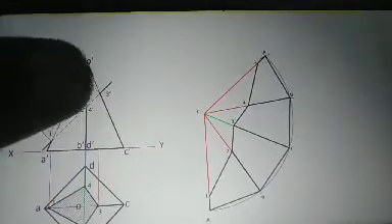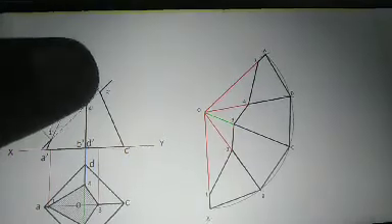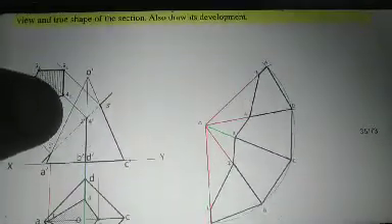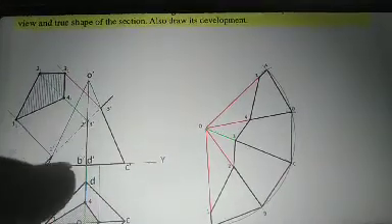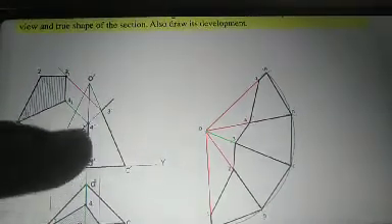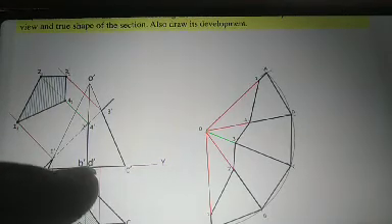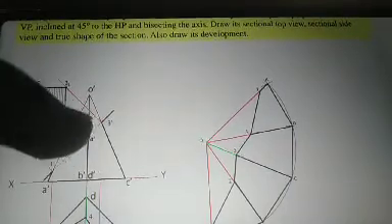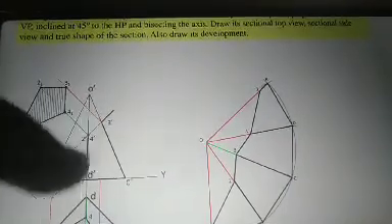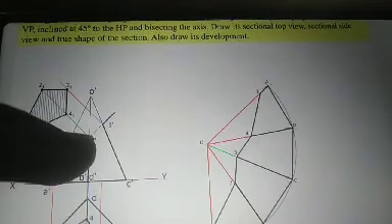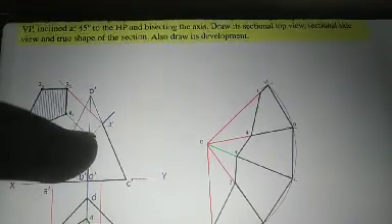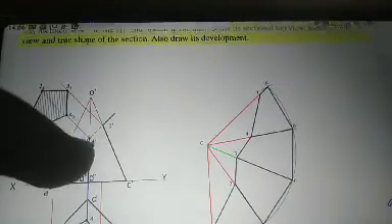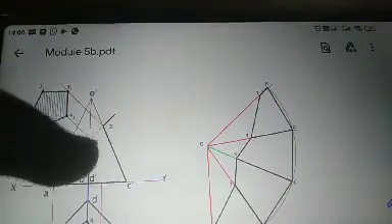section plane. This is the section plane, with which it is cut, which is at 45 degree to HP, that is the inclination of the section plane is 45 degree to the XY line or HP, and bisecting the axis, that is the height of this pyramid is 65 mm. Bisecting means 32.5 mm distance. At a 32.5 mm distance, this cutting plane is passing through this point.